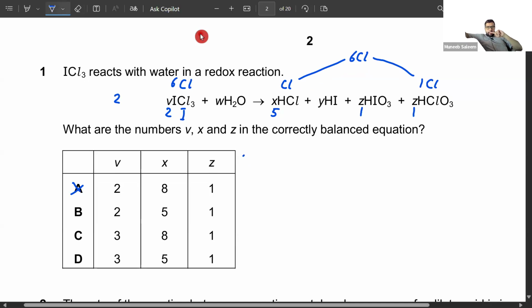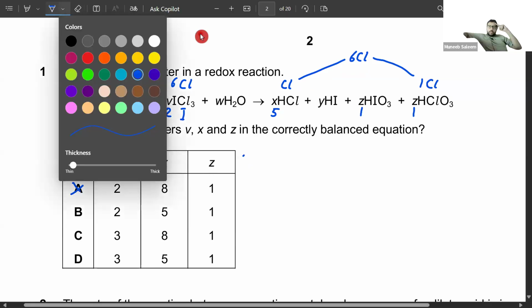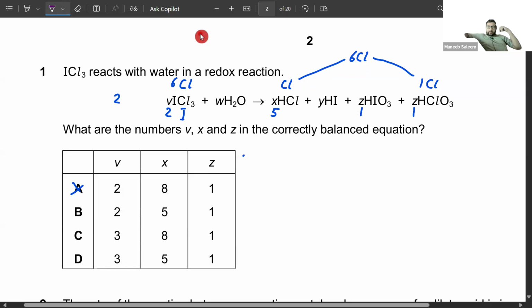And with respect to hydrogen, let's check the right side, but first, how many hydrogen atoms are there on the right side? So 5 hydrogens,